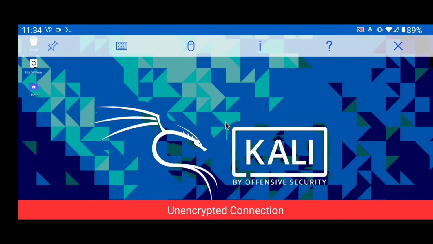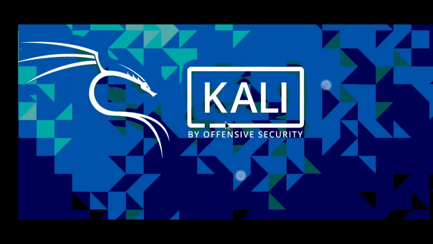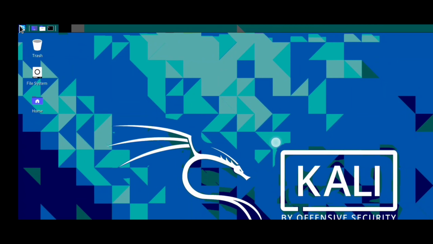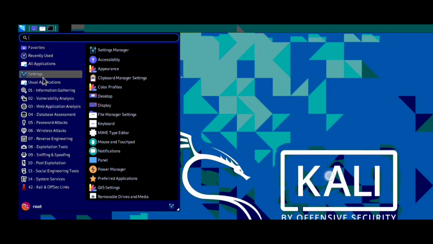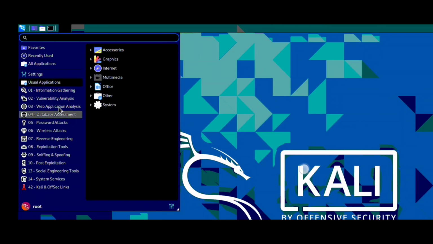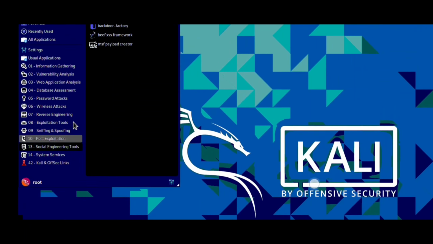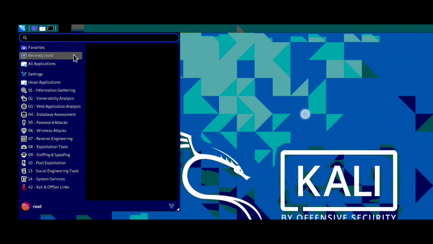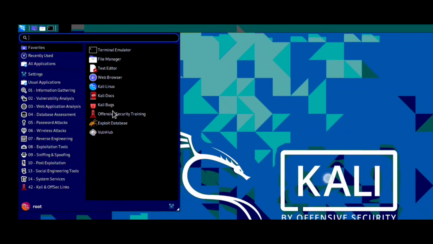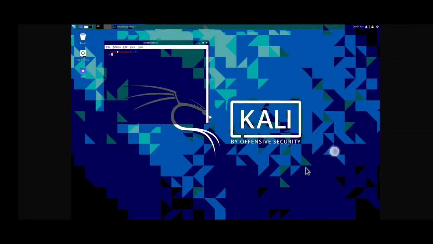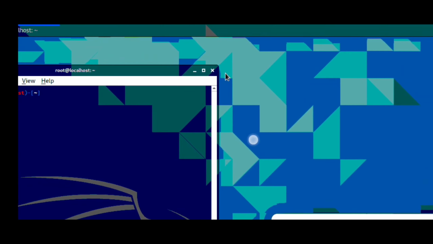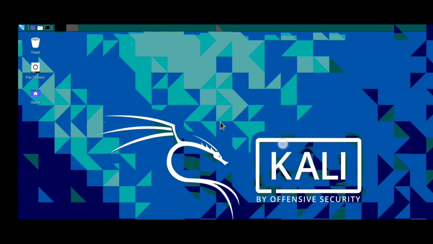And boom guys, your Kali Linux is successfully logged in on your VNC viewer application. You can use Kali Linux here. You can see lot more softwares and tools are pre-installed in that software, so you can use that as well. Here Chrome browser is working, Firefox browser is working, internet connection is working, terminal is working. You can use and you can see performance is also good, not lagging guys. So it is working great.